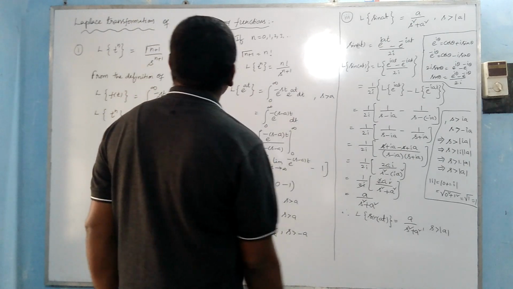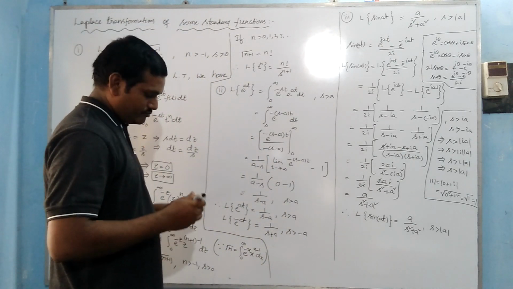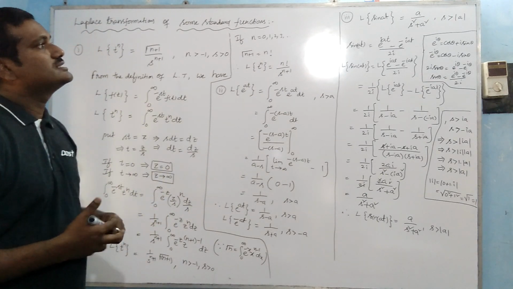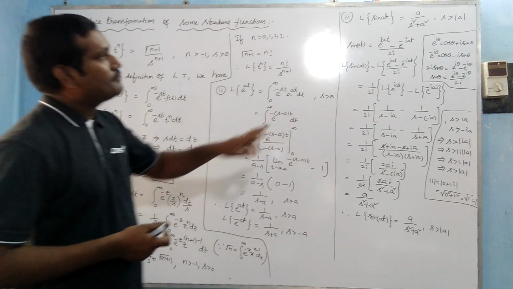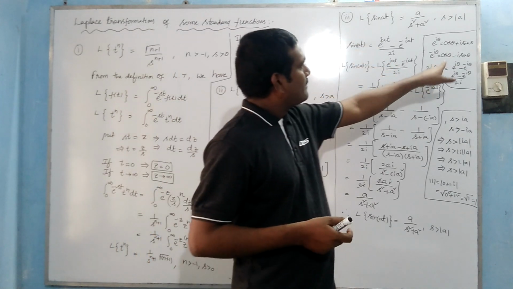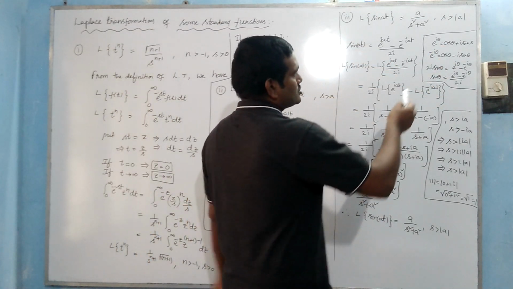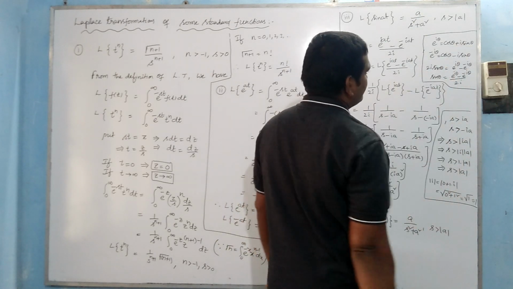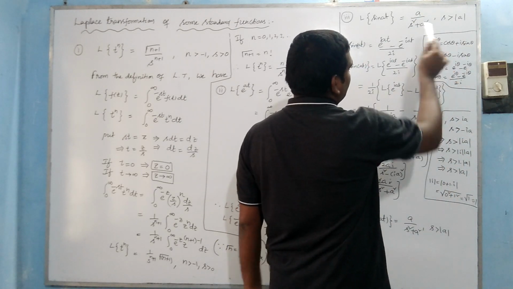Okay. Now, next, the fourth one, we have to prove the Laplace of cos at. Similarly, Laplace of cos at means here cos theta. Cos theta means adding both of them, 2 cos theta is equal to e power i theta